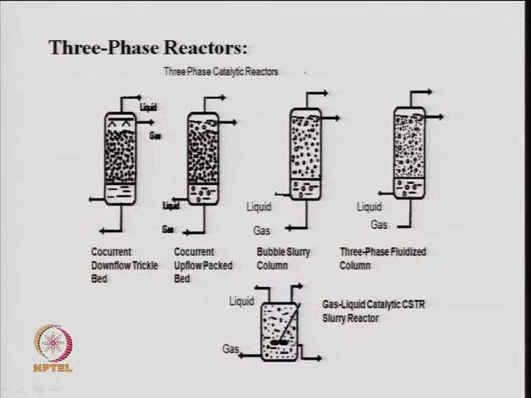And this is what you can see here. So, you have a gas from one side. This is just a kind of co-current operation, where both liquid and gas come from the top like this, here the liquid and this is the gas. So, how to get a good contact between gas, liquid and solid. It can be a low flow rate of the gas and low flow rate of the liquid, or it can be a high flow rate of gas and liquid. So, this is a kind of downflow trickle bed reactor, and I will talk on that a little later.